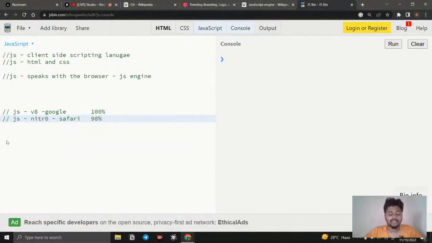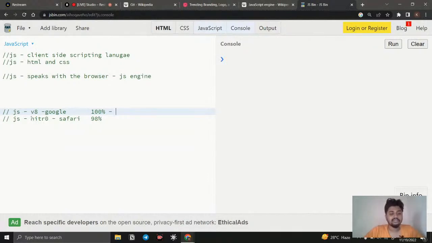Exact same thing. I have only one JavaScript file. If I run the website in Google, it is working 100% fine. The reason is that it is our default browser. Whenever we are coding, we have some default browser, and we code and then check whether it is working or not. So this is going to be our default browser.